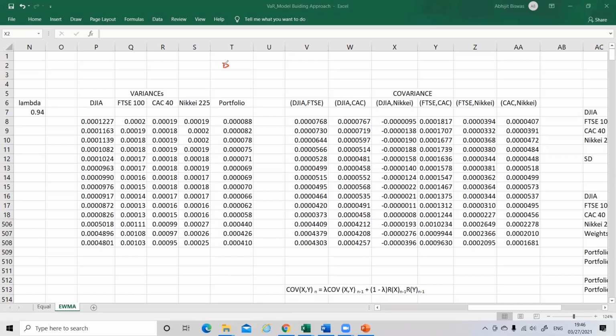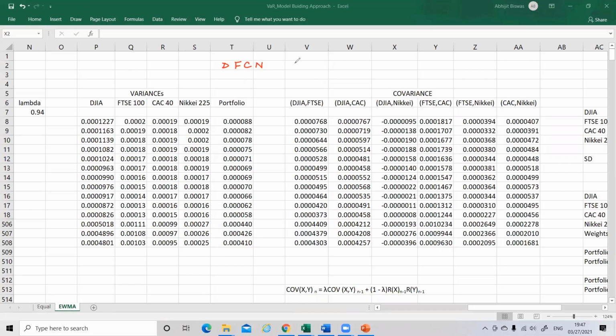Dow Jones, say D, then FTSE, let us say F, CSE C, and Nikkei, say N. These are the 4 funds. Now, if I have to make combinations taking 2 funds at a time, because when I calculate covariance, it has to be a covariance between 2 things, right? Yes or no? So how do I calculate? So first I have to find out how many such combinations can be possible. So how to do that?